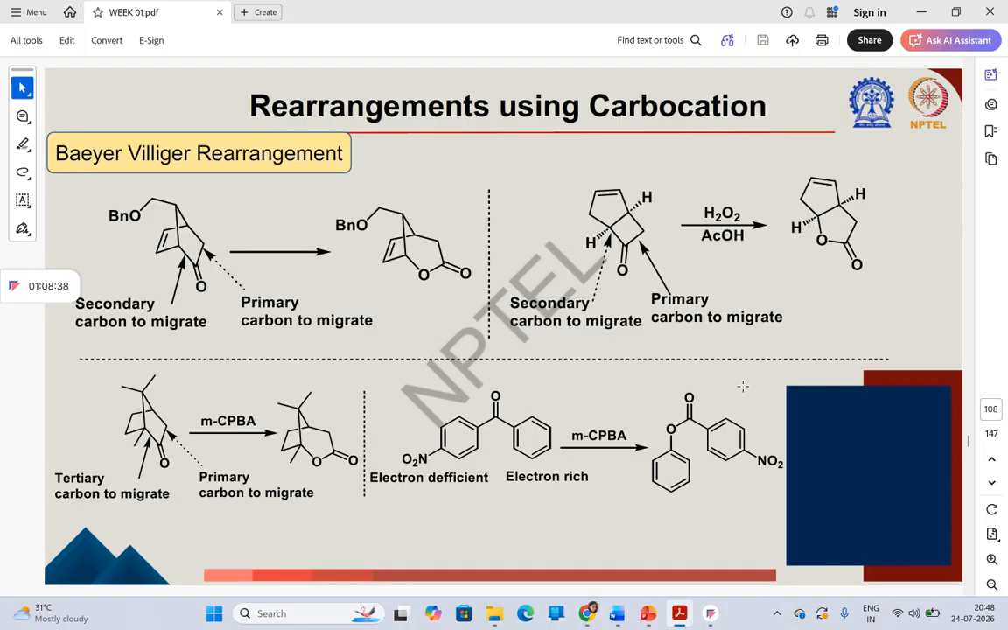Okay, then we have a few more examples. You can see here that the oxygen insertion is always taking place between the migratory group and the carbonyl carbon. Okay,